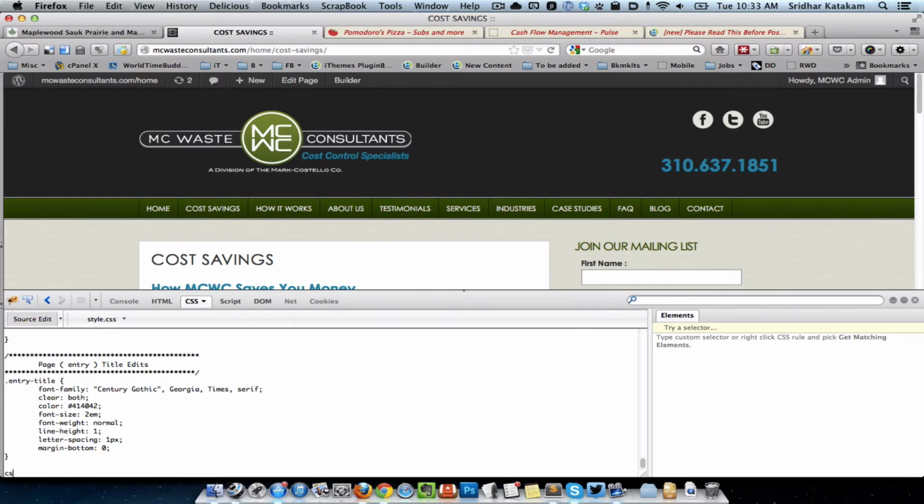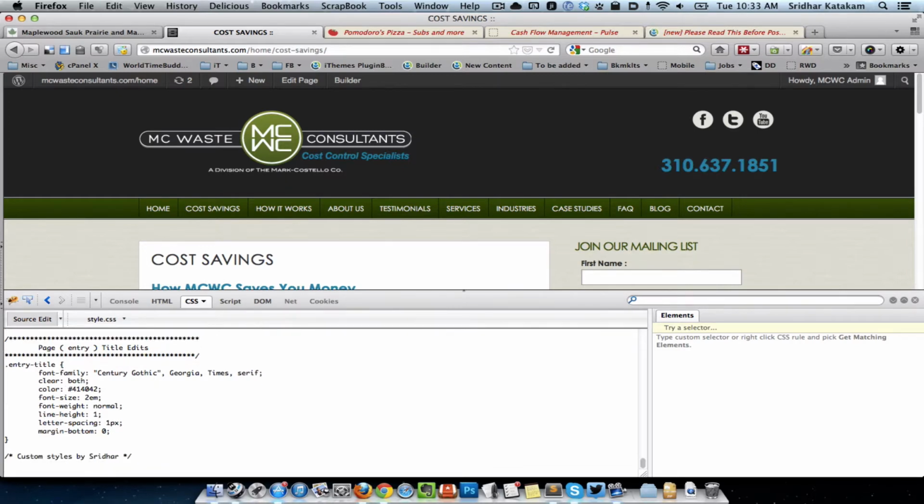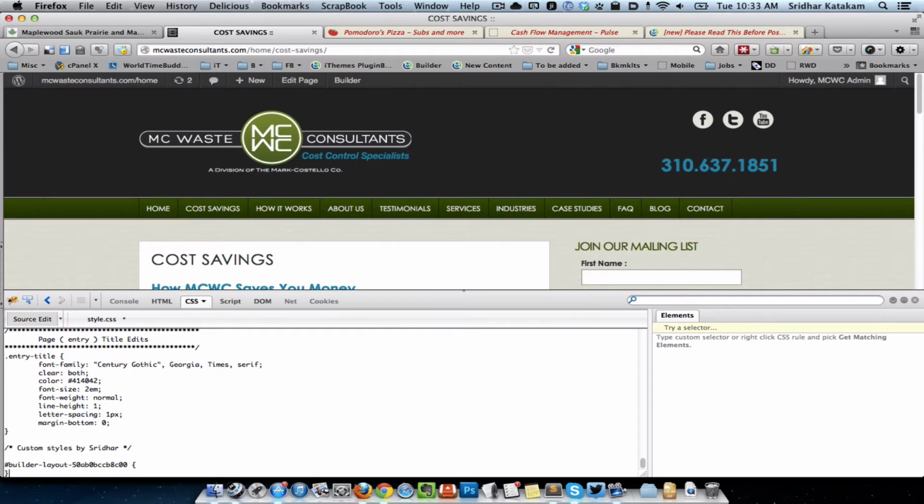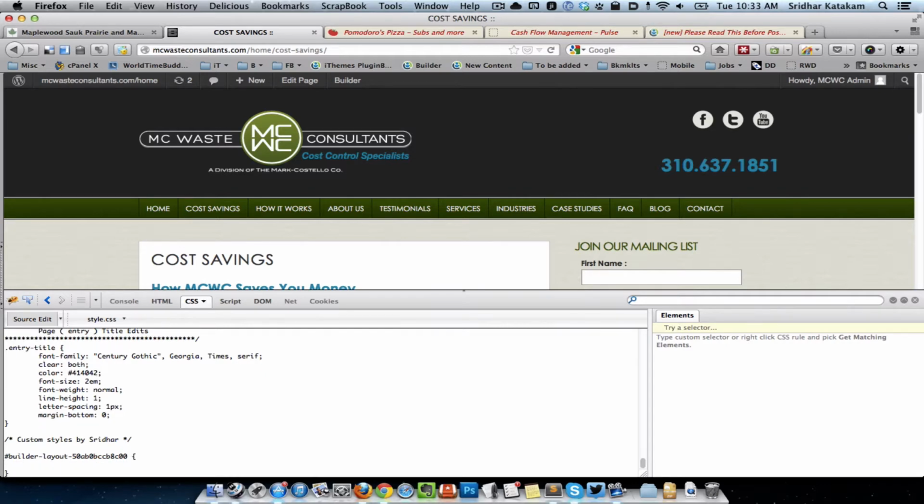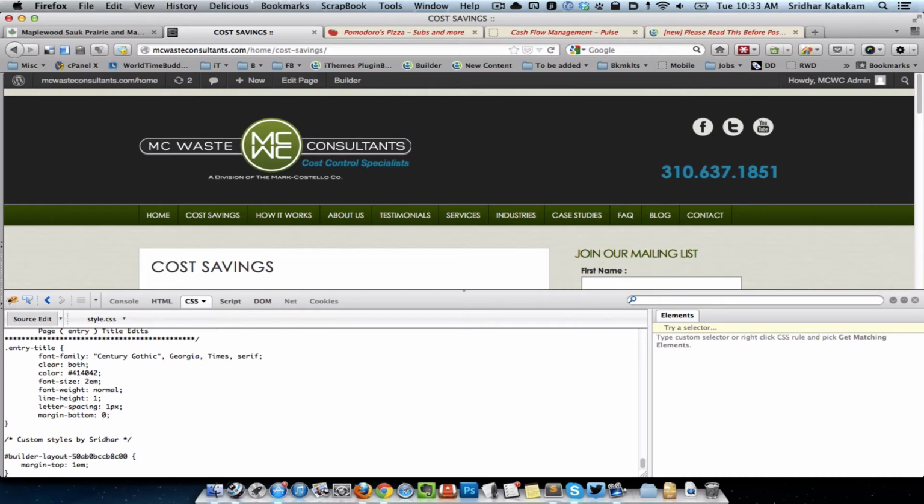Okay, I'm gonna just add some comment like so, and I'm gonna paste the CSS ID. Since this is an ID, we got to precede this with a hash, and I can write something like, let's say, margin at the top is 1 em. Okay, so as soon as I write the CSS, you can see that the web page shows the change. There is this top margin of 1 em for this particular body element,